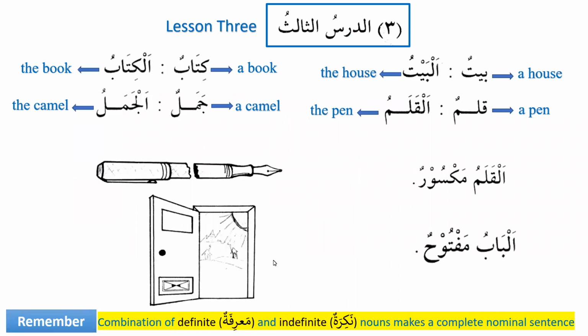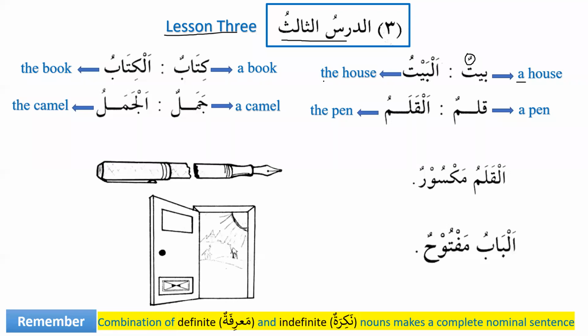Ad-Darsu Al-Thalithu, lesson 3. Now we can see that this is an incomplete sentence. It's a phrase. That's why the meaning we can see here is "lesson 3." Lesson 3 is not a complete sentence, and similarly, in Arabic, it is not a complete sentence. Baytun, as we discussed, a common noun, when we put a tanween on it, gives the meaning of "a" or "an." So baytun, a house. And when we add al to that, basically Lam al-Tarif, then it becomes al-baytu,